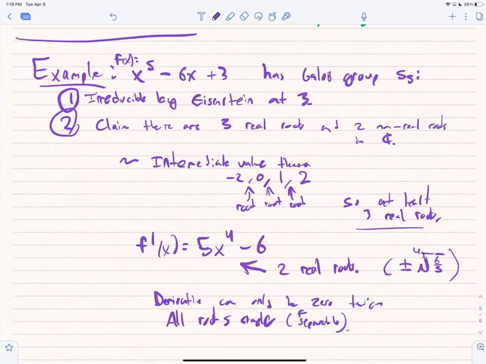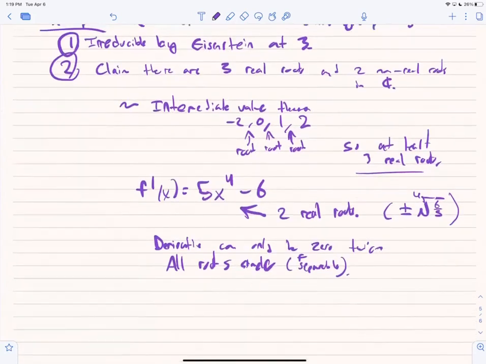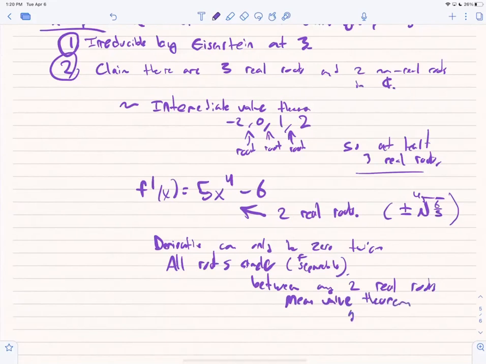Separable. In particular, it's irreducible, so it's always separable. So all the roots are simple. So that means, between any two real roots, we get to use both the intermediate value theorem and the mean value theorem. A fun calculus application gives